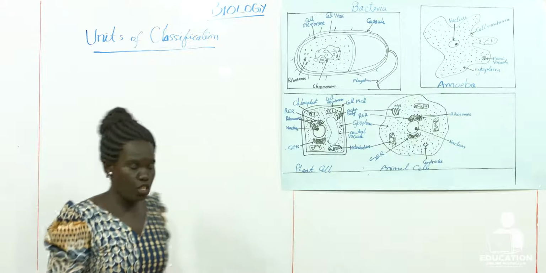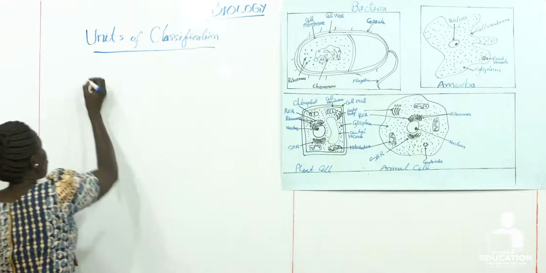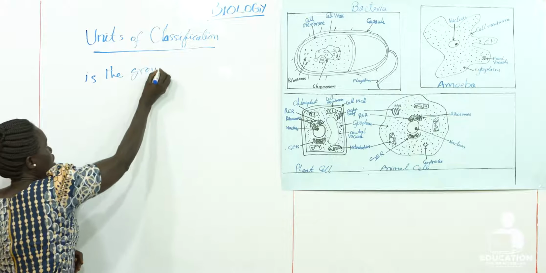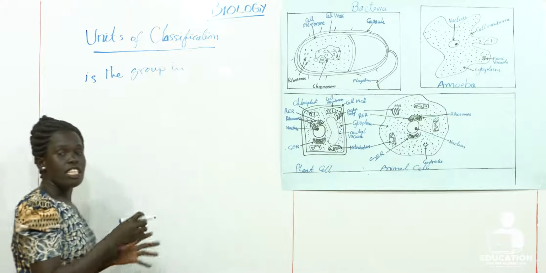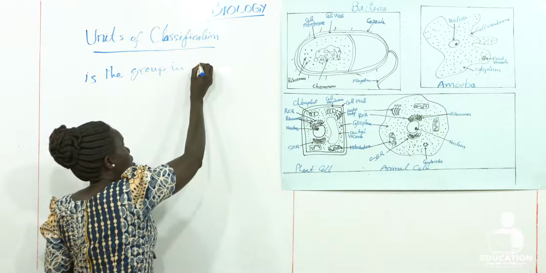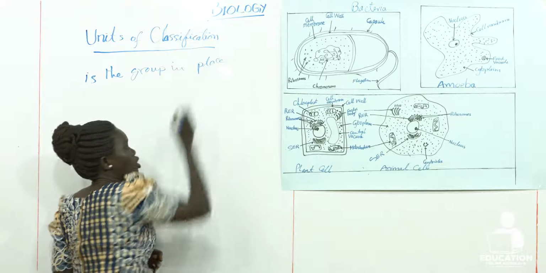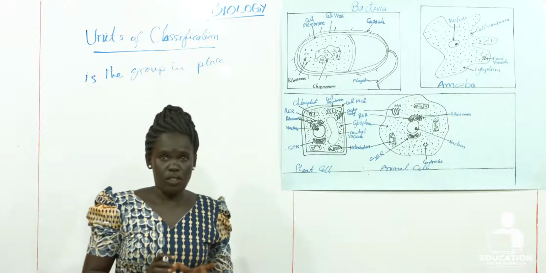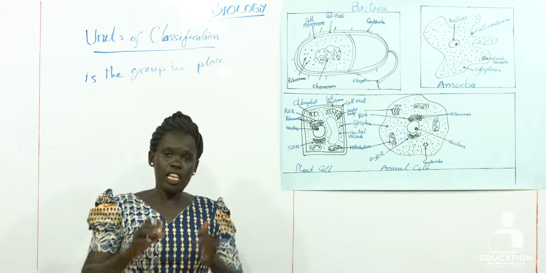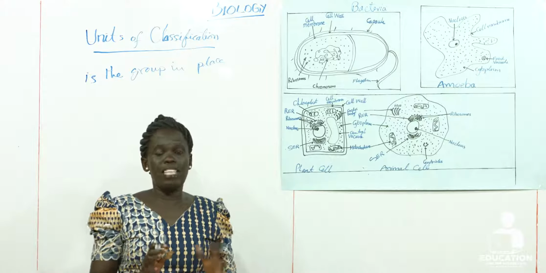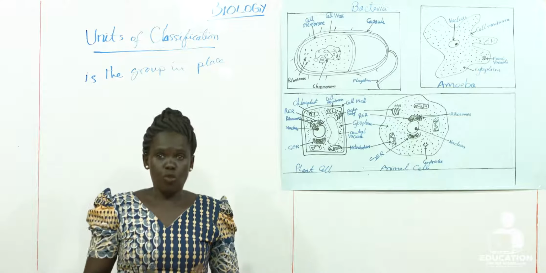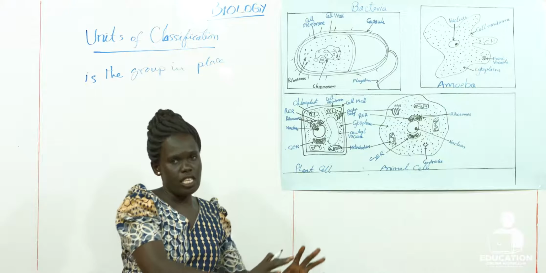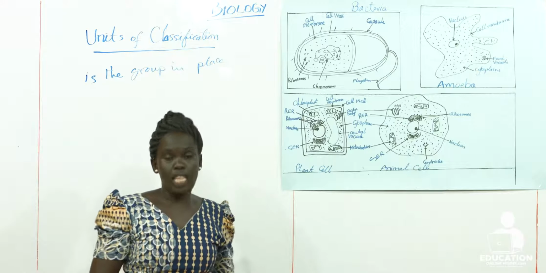A unit of classification is the group in which living organisms are placed as a matter of convenience, because when we group them, we give them a name, and that name should be the name of that group. We shall learn about that